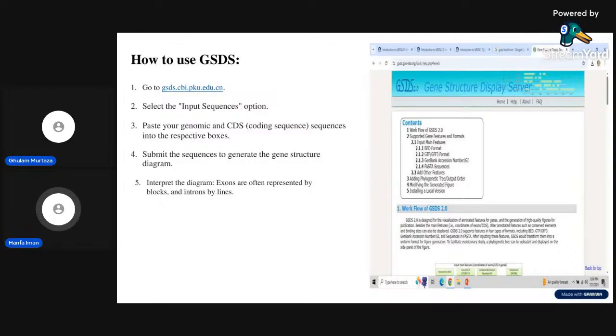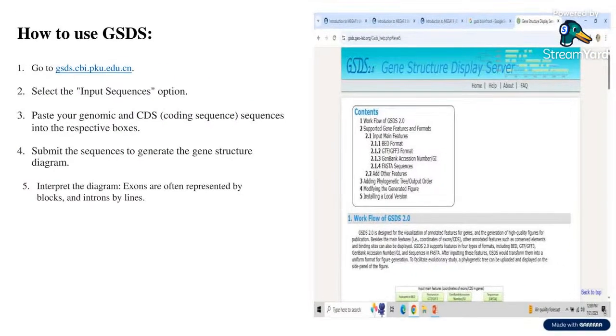In this slide, you will see the GSDS server screenshot, and on the left side you see how to use GSDS. So basically, select the input sequence option, paste the genomic and CDS sequence, and submit the sequence to generate the gene structure diagram. In the next slide,